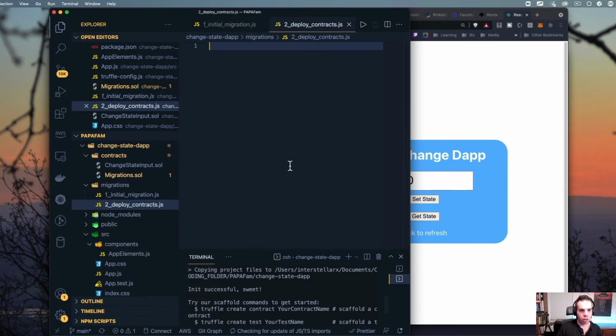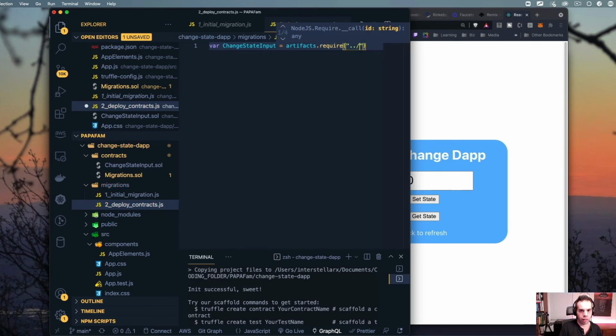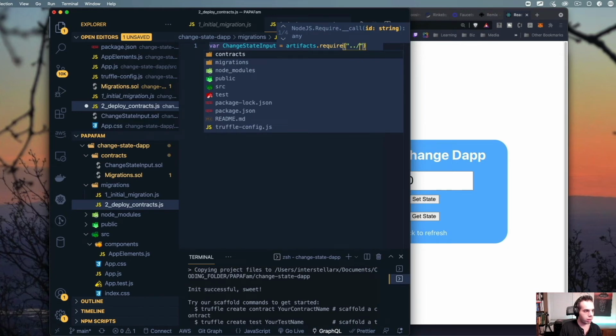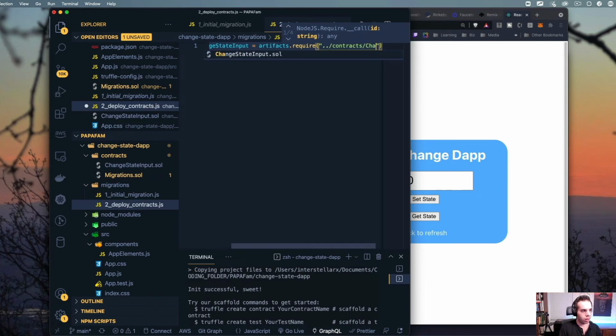Cool. So we're going to then declare a variable called change state input. We're going to make that equal to the artifacts require, and we're going to actually tell where to build this itself. So contracts change state input dot sol.